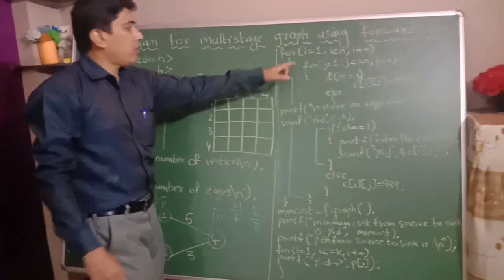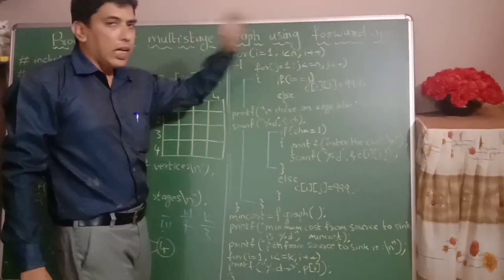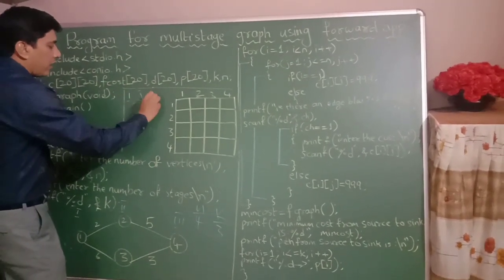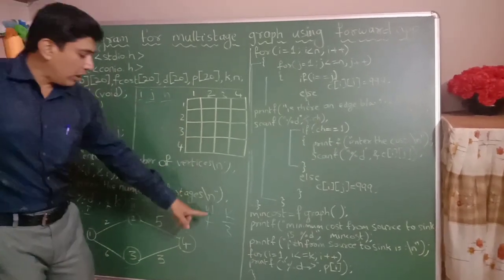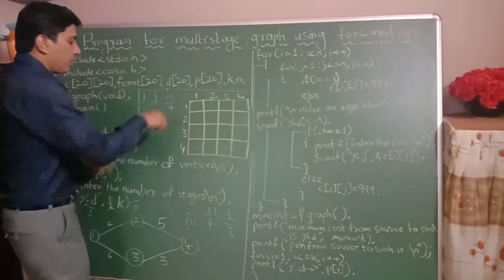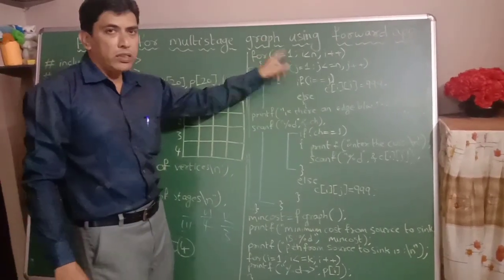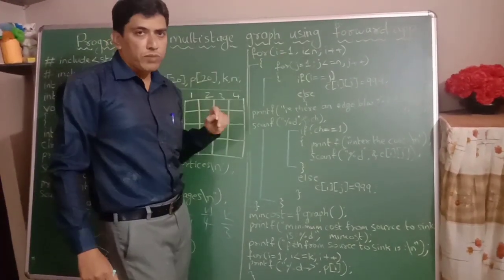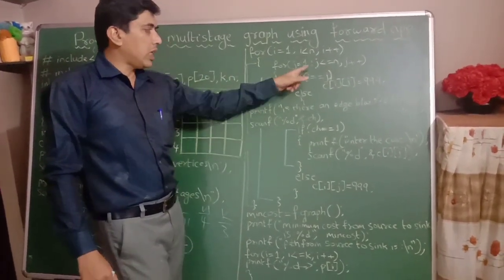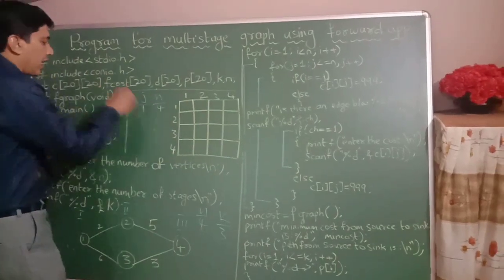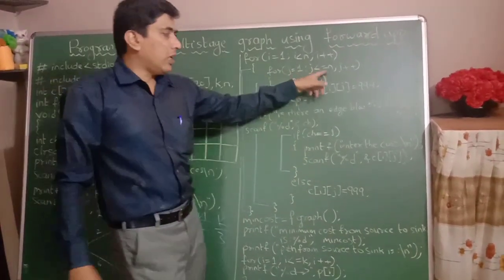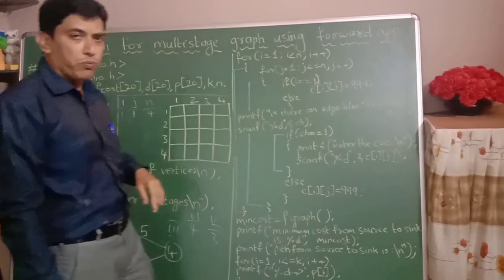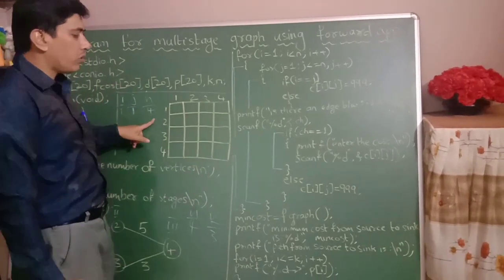Now here, for i equal to 1, i less than or equal to n, i plus plus, I have variables called j and I have the variable n. The n value here is 4. Then i is equal to 1, the value of i is 1. So 1 is less than or equal to 4, yes, the condition becomes true. Then j is equal to 1, initialize the value of j as 1. 1 is less than or equal to 4, yes, the value of n is 4, the condition becomes true.